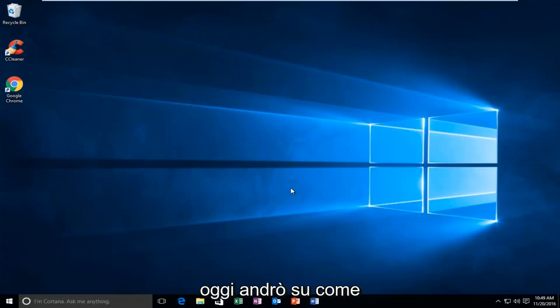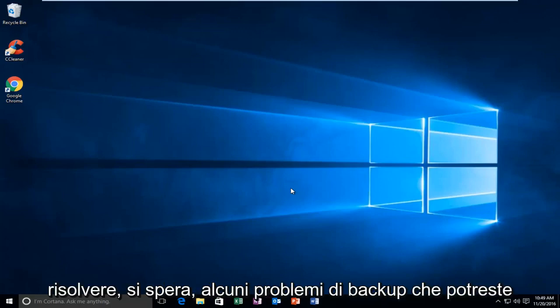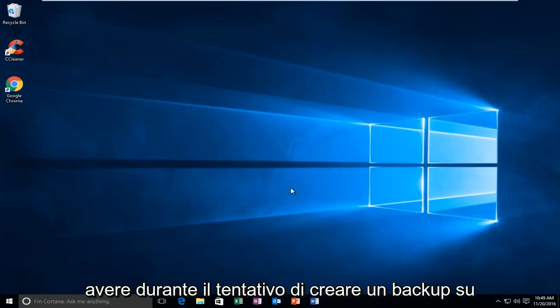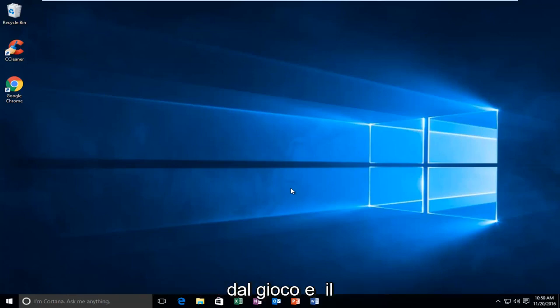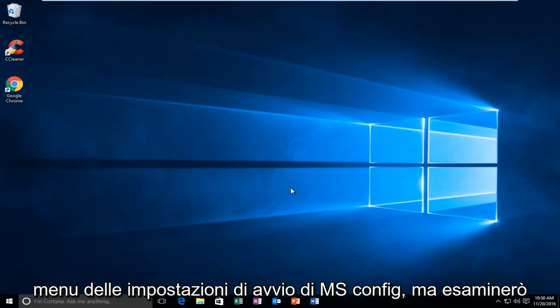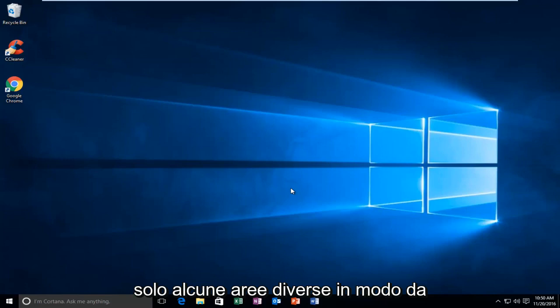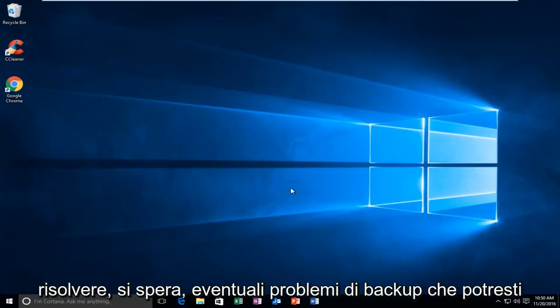Today I'm going to be going over how to hopefully resolve some backup issues you might have while trying to create a backup on Windows. A lot of these issues might stem from playing around in the msconfig startup settings menu, but I'm going to just go over a few different areas so we can look into how to hopefully resolve any backup issues